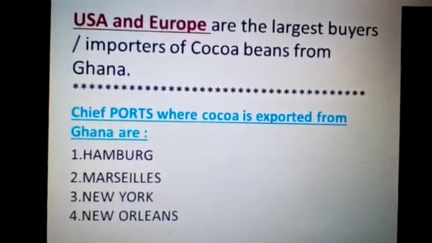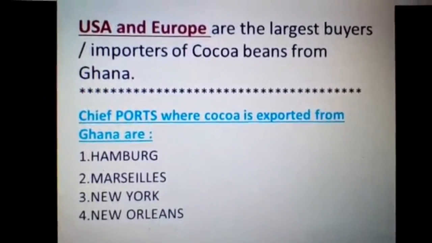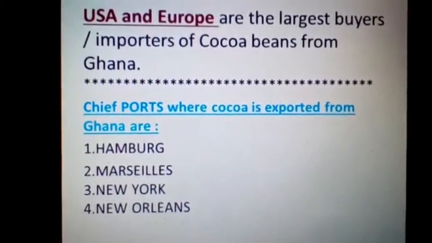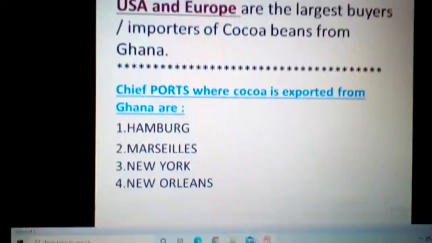Next, we'll be discussing the cocoa production and export. Here we should understand that USA and Europe are the largest importers of cocoa beans from Ghana, and the chief ports where the cocoa is exported from Ghana are